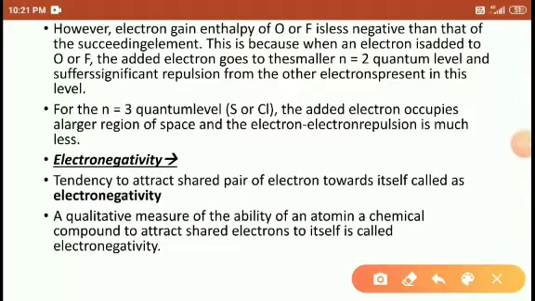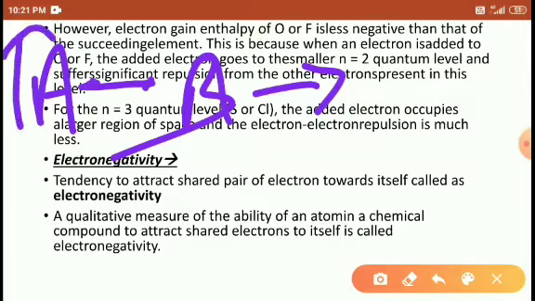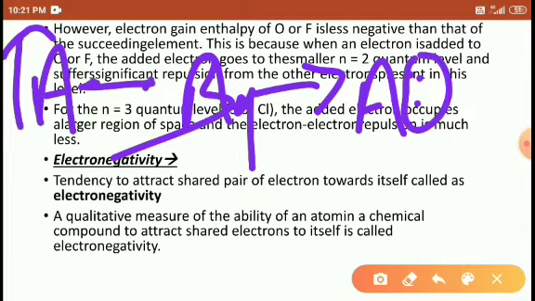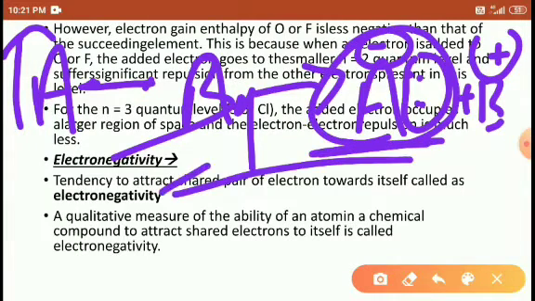So students, suppose we take a high energetic element A and a low energetic element, you may call it B. Both are bonded with each other, right? A is high energetic compared to B, so A accepts the pair of electrons towards itself, and B loses or donates the electron to A. So A develops a negative charge and B develops a positive charge. So which one has high electronegativity? A. A is the high electronegative element.